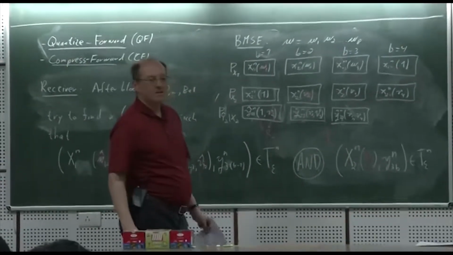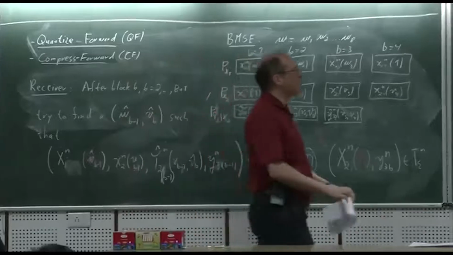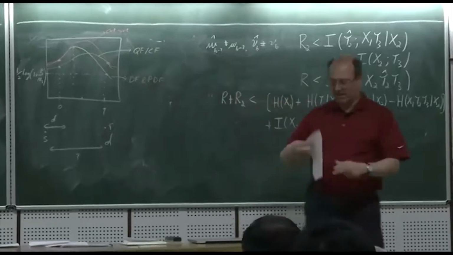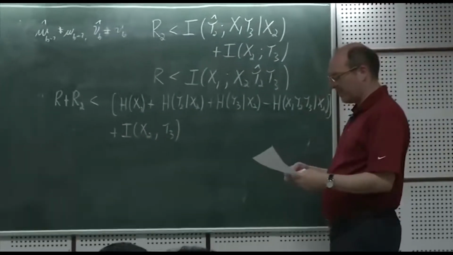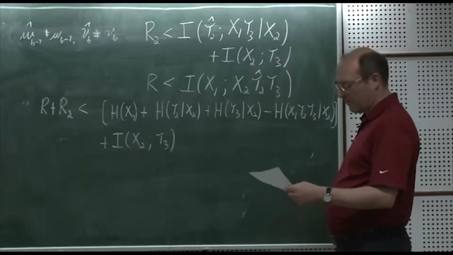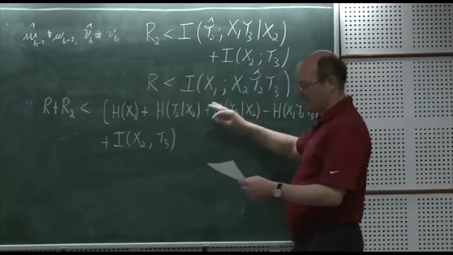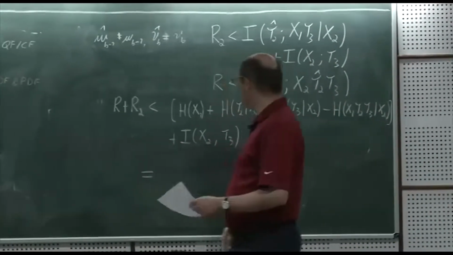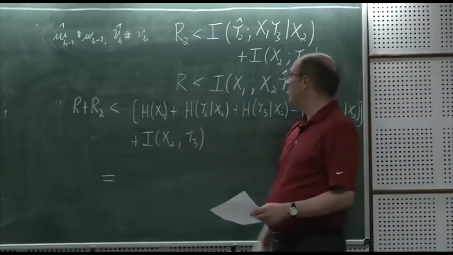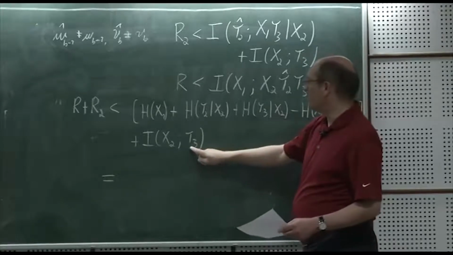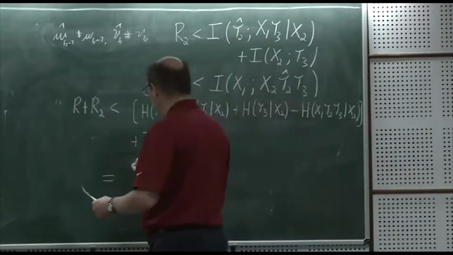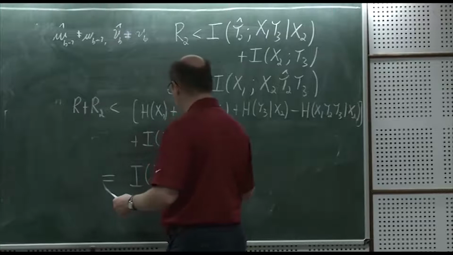At the moment it looks kind of ugly, right? So we want to simplify it, but after all, R2 is still an open parameter, so we can still manipulate it and try to simplify the rate expression. Now to do that, we could massage this, and after just a couple of steps you can show the following. This h of x1 given x2 cancels this. Here we have h of y3 minus h of y3 given x2, that cancels that. And after two steps you wind up with the following expression. This is I of x1, x2, y3